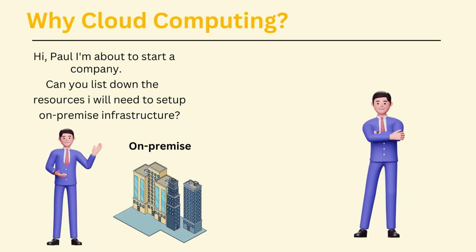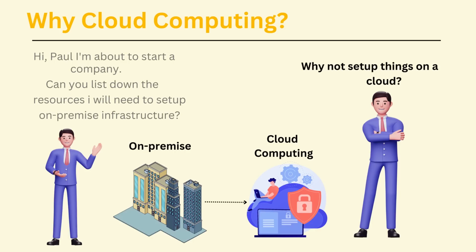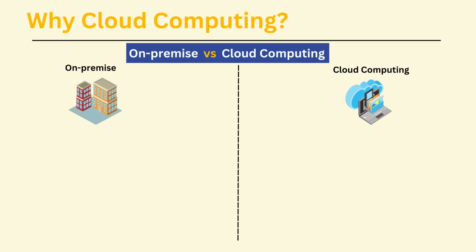So he called Paul, an educated person in his company, and consulted him about how to go about setting up an infrastructure. Now, Paul is the kind of guy who keeps himself updated about what's happening in the industry, and he frequently goes through learnings about recent technology. So without missing a beat, Paul suggested why not set up the environment in the cloud. But his manager was not sure about what is cloud, and more than trying to understand what cloud is, he was curious about the benefits of cloud over having a DC locally. So Paul started to explain the very same thing I'm going to explain to you now.